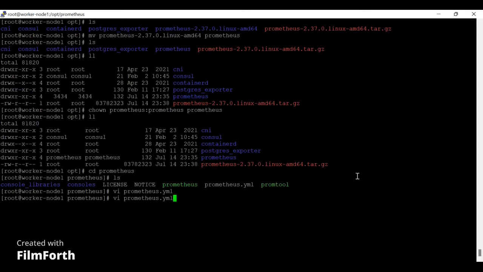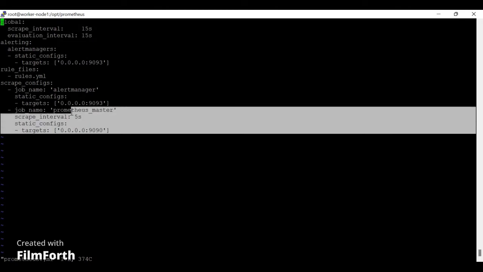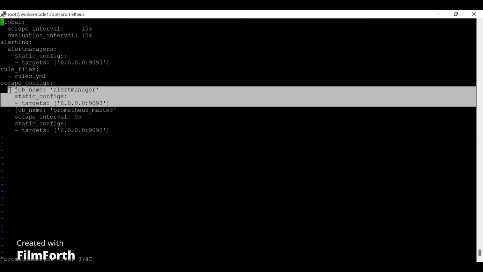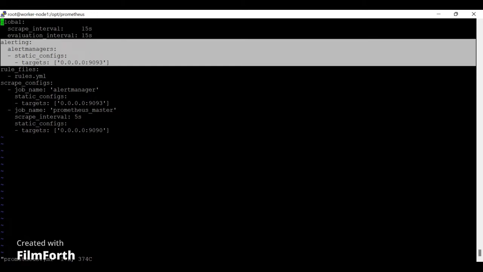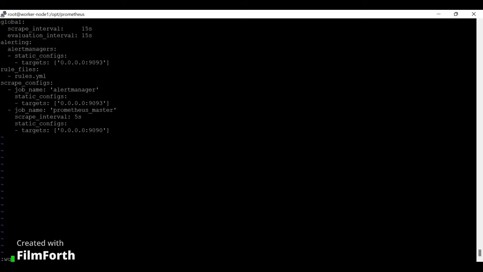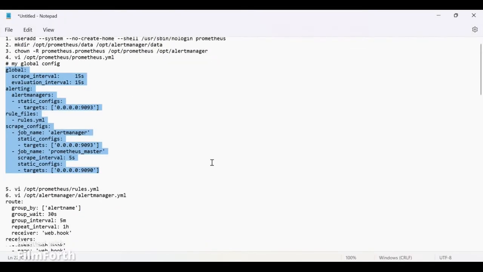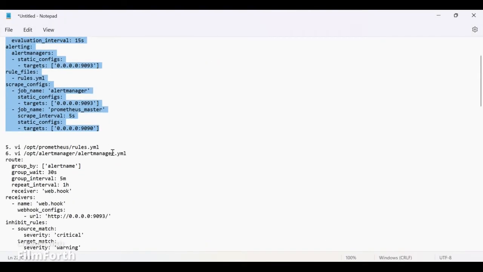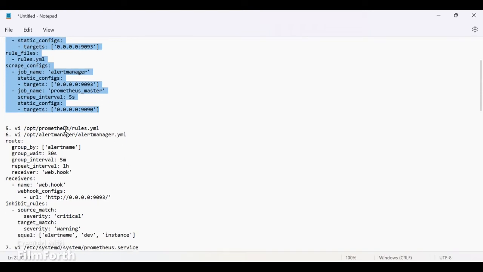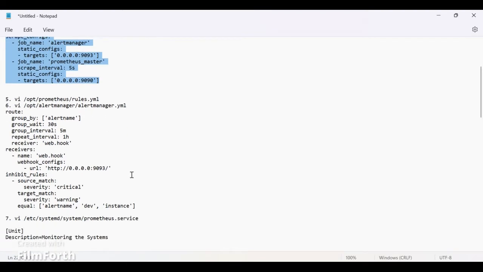One more thing, guys: in order to save time, I have already given the Alertmanager configurations here. This is the alerting configuration I have already written. Whenever the target, we will see later once Alertmanager is configured, we can see Alertmanager is up under the targets. That I'm going to show you. So this configuration is done. I think we are good to go. Later on we will configure this /opt rules.yaml. Leave it as of now,